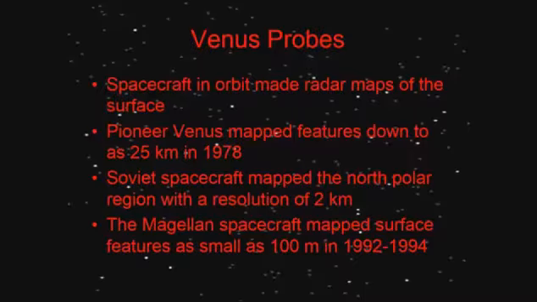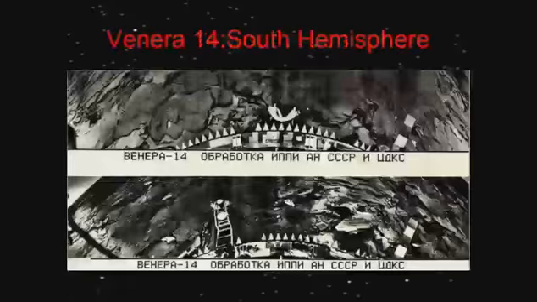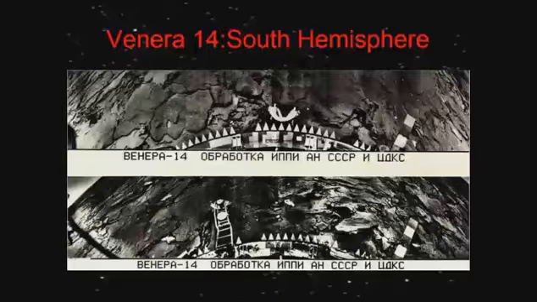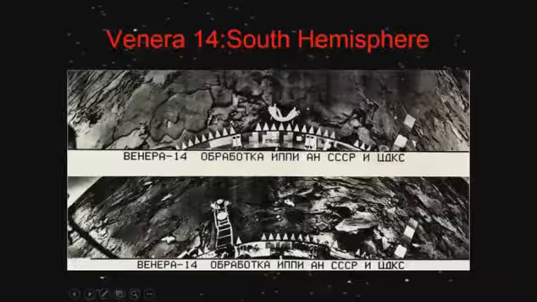So spacecraft in orbit made the radar maps, and then the Magellan probe finished off the mapping, but the Venera probes landed on the surface. And these are the kind of images we got back. So it looks kind of like a cracked parking lot. This thing here is a part of the spacecraft shroud that fell off, and these sort of teeth here are actually part of the outer edge of the spacecraft. This is a test card, so you can see colours. And there's the leg of the spacecraft. You can see this says Venera 14 here.